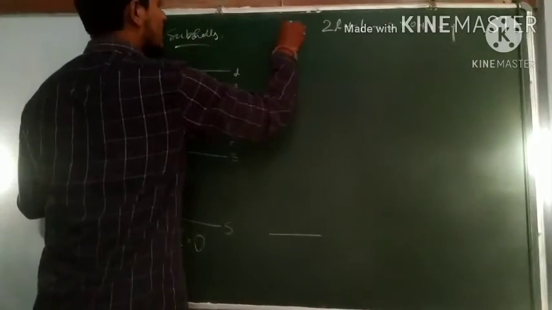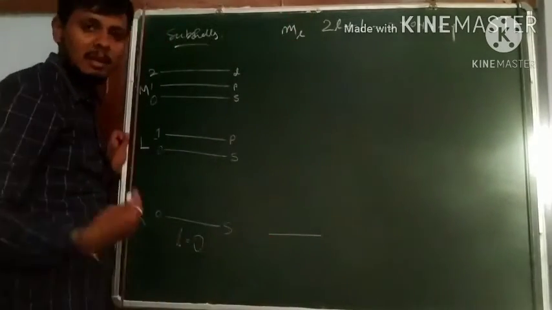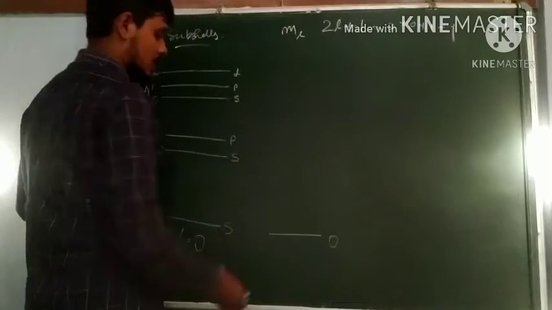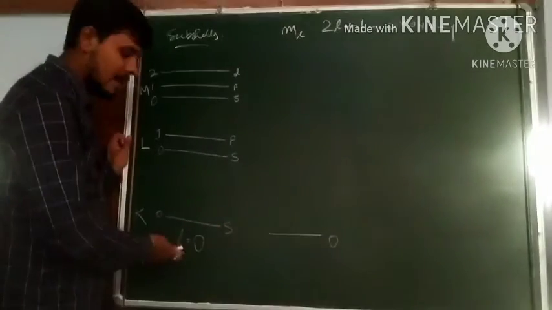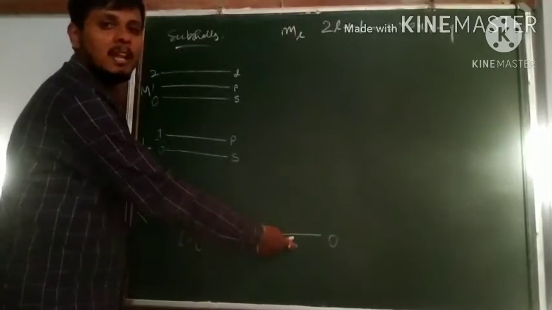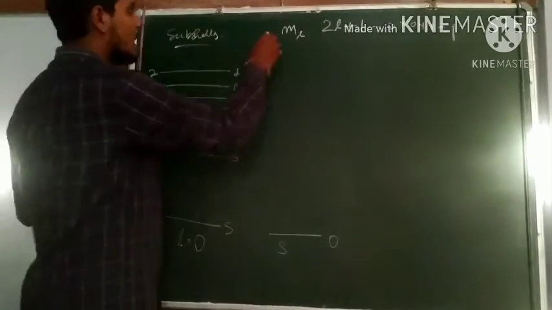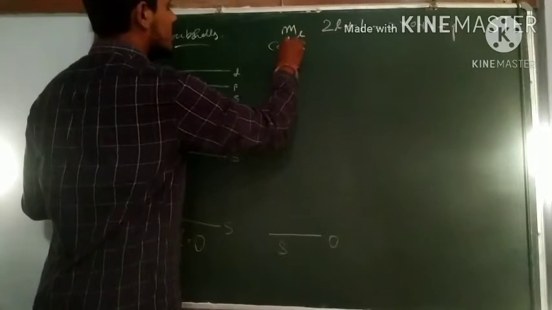So here I have ml. I get one ml. That ml is from minus L to plus L. That is this 0. That means, from a subshell we have an orbital. That means the S subshell has an S orbital. That means this is the S orbital. Okay, so ml, or we can also call them orbitals.